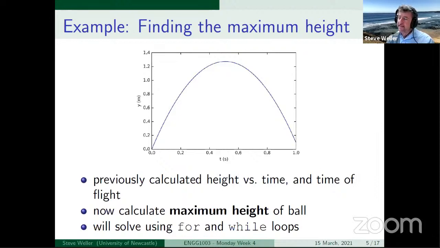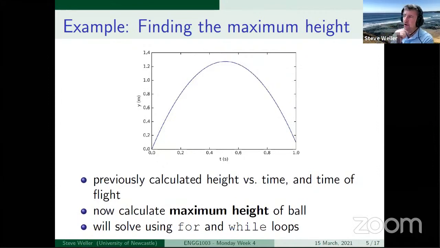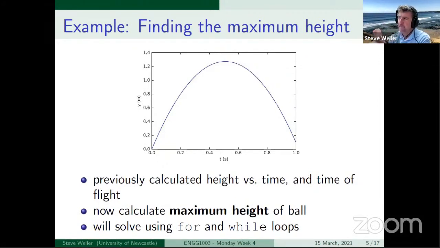Another way of thinking about this problem that'll become particularly relevant this morning is that maybe we've got a soccer ball with a sensor on it and we're getting estimates of the height of the soccer ball every millisecond from a sensor located on the ball itself, in which case you wouldn't expect a lovely smooth arc like this. Depending on how accurate the sensor was, you might get variations in the measured ball height, which meant that the curve was a bit noisy, in which case calculating the maximum height of the ball would be more of a challenge because it doesn't necessarily follow this smooth arc.